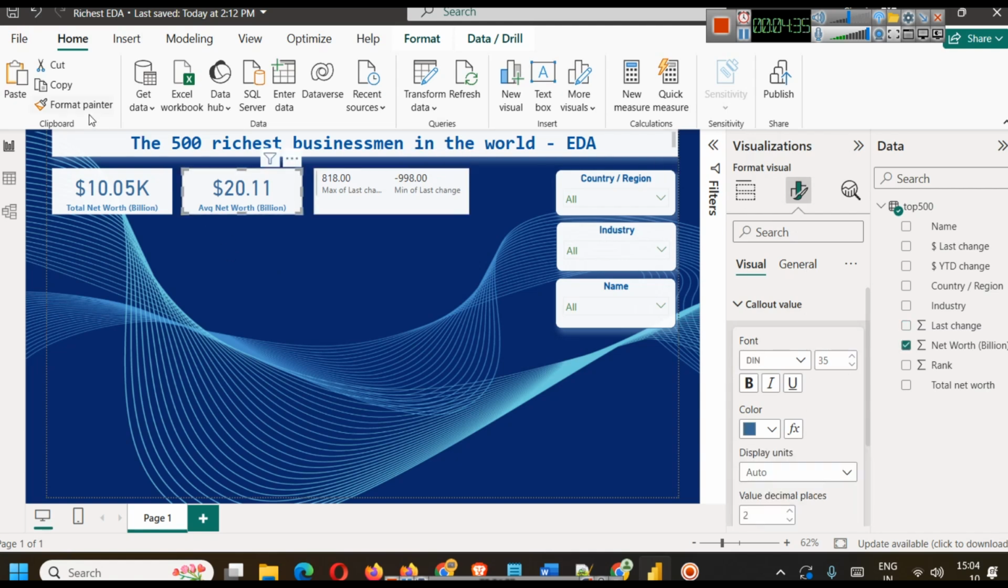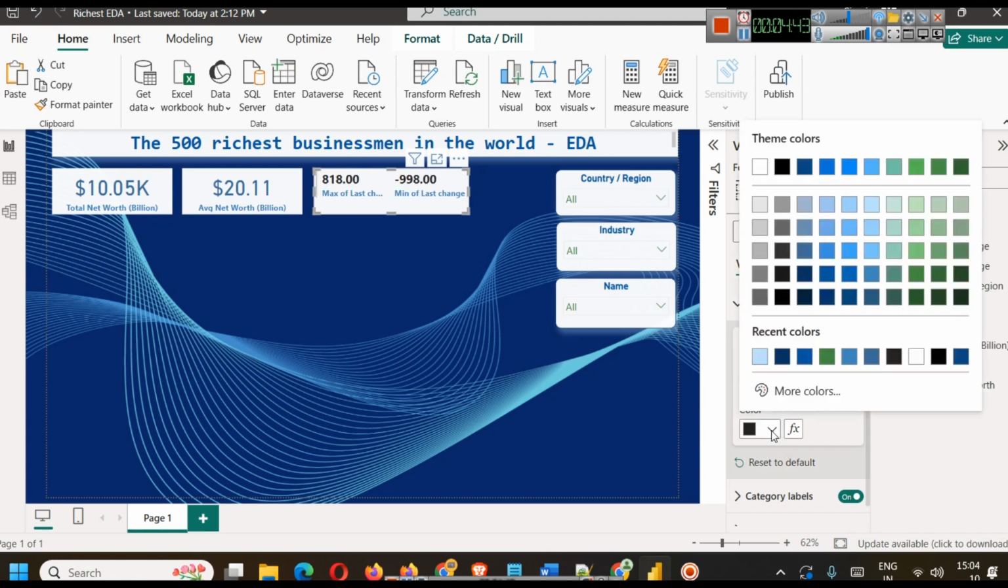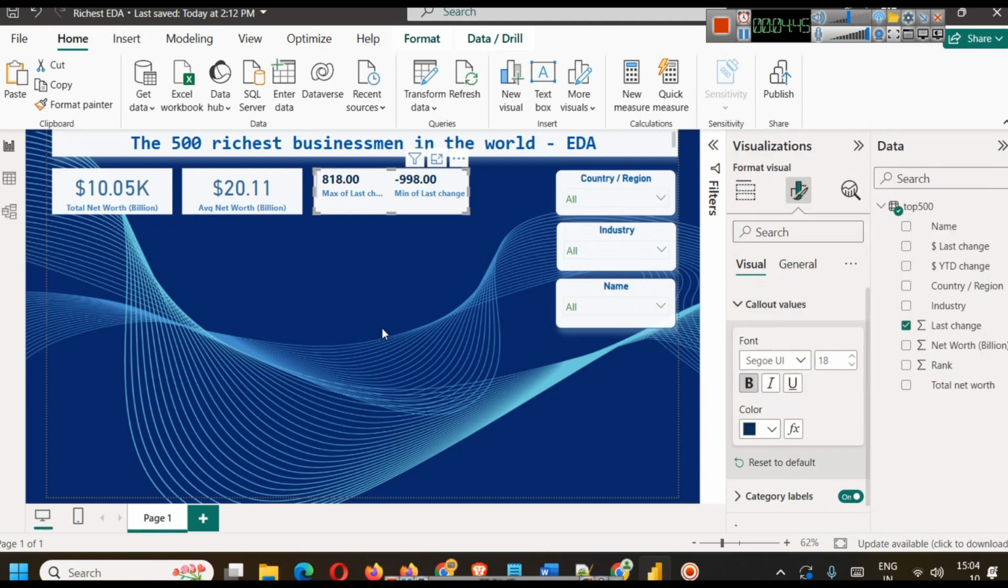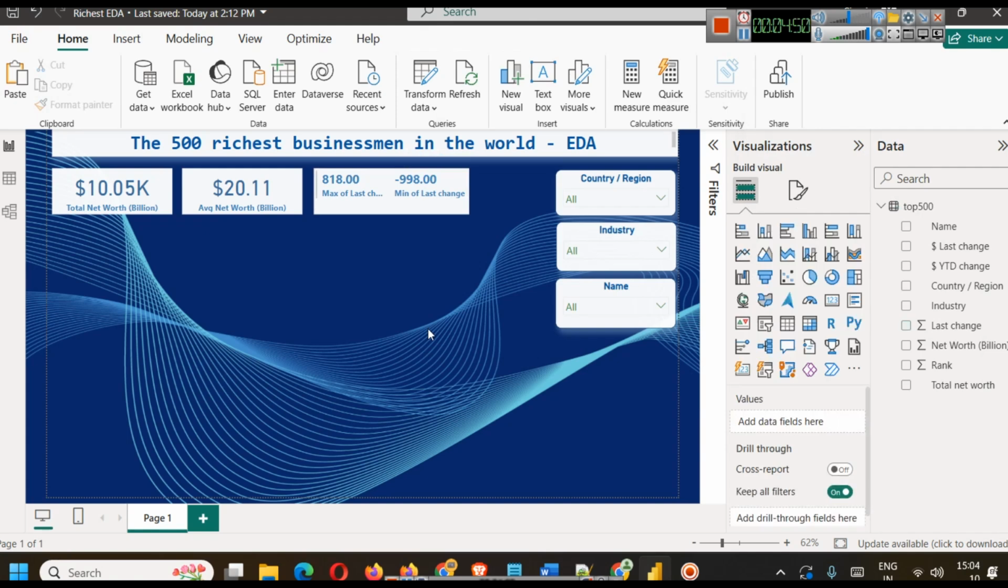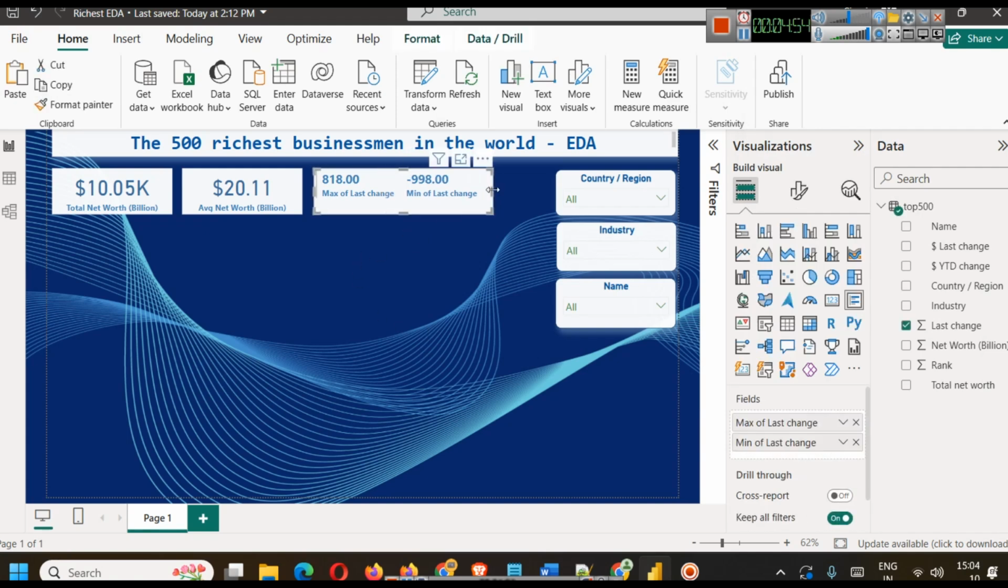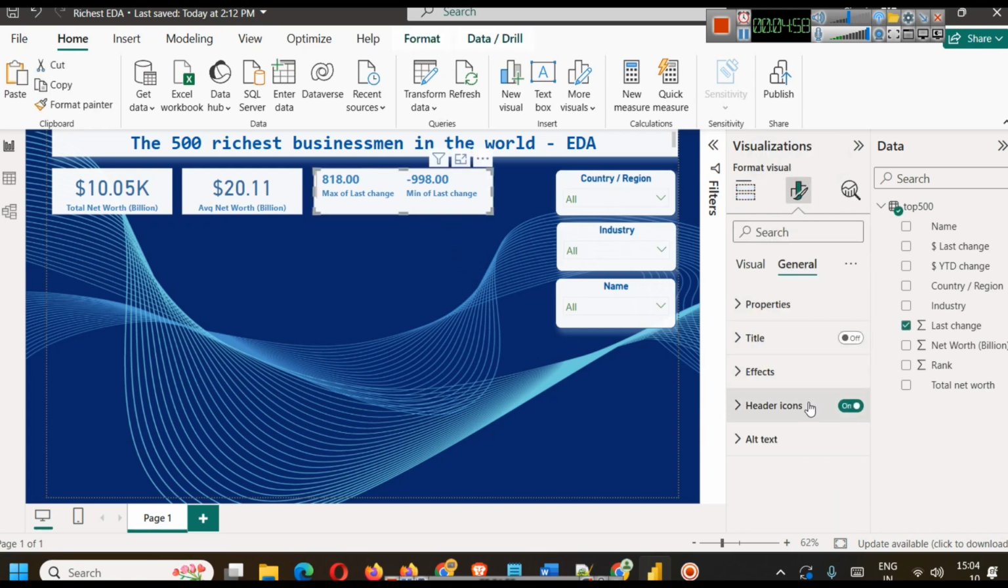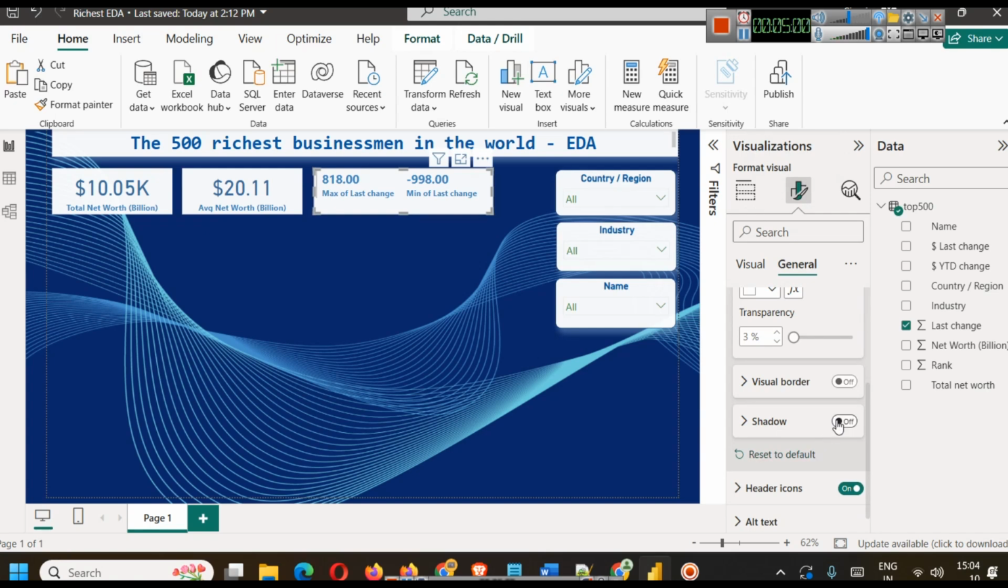First of all, we'll copy some formatting here, and then we'll make the values bold. We can increase the value size. We can change the color, and let's change it to something like this. So this is maximum of last chain, this is minimum of last chain. And we can also add simple effect here. So shadow,